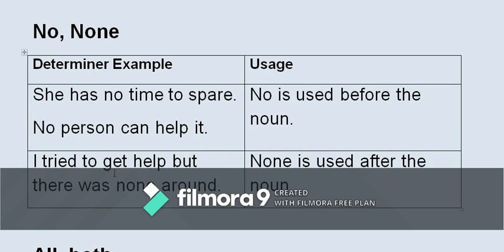Then I tried to get help, but there was none around. None is used after the noun. Now I tried to get help. Help is the noun over here, but there was none around. So none is used after the noun has been mentioned or discussed in the sentence. Proceeding further,